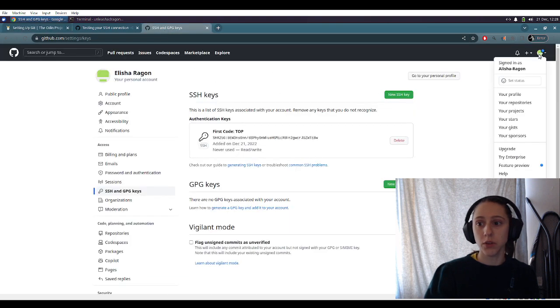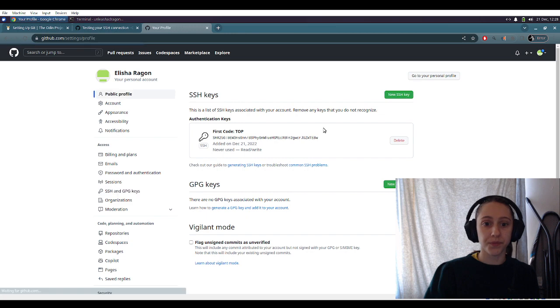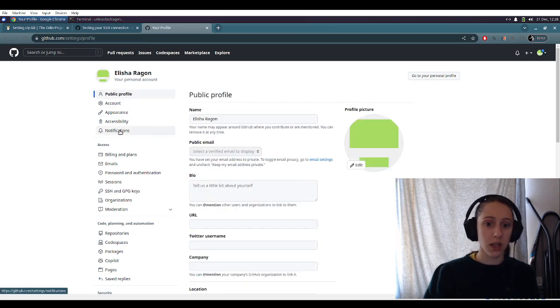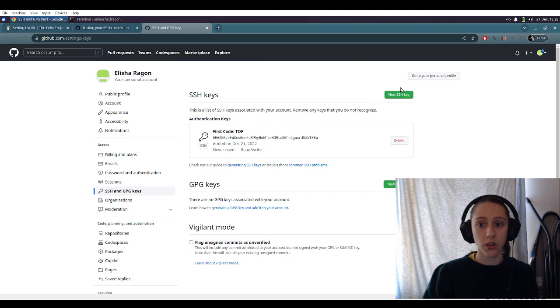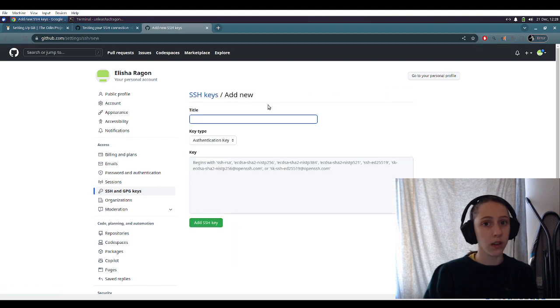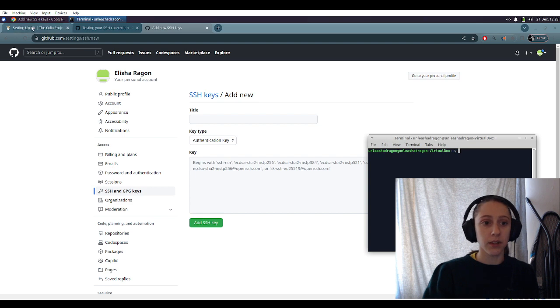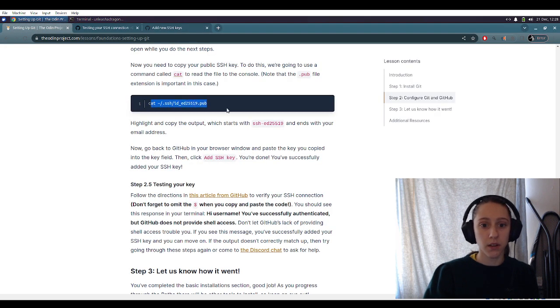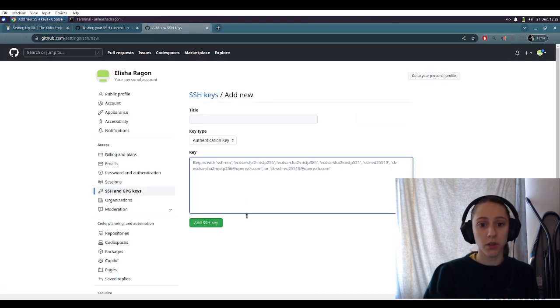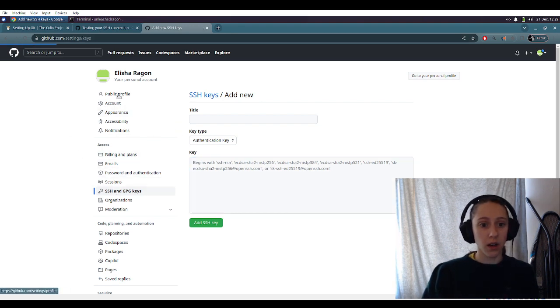So if you go to the drop down, has settings, and then in here you go down to SSH and GPG keys, and then you can add your SSH key, you title it whatever it is. I didn't really change that. And then from your terminal you run this line of code, and it will populate what needs to go into here. So now that we have that set up,